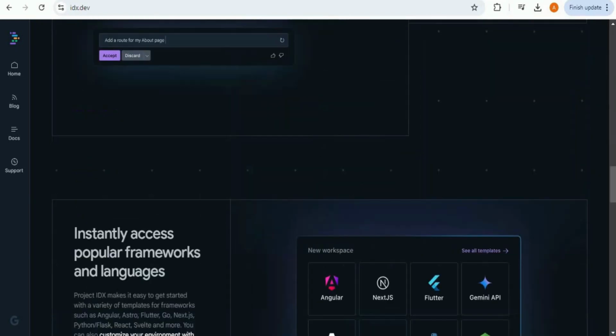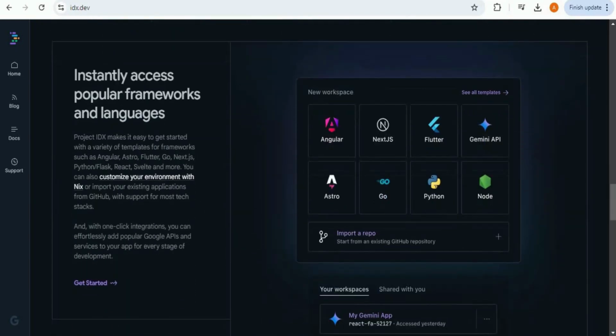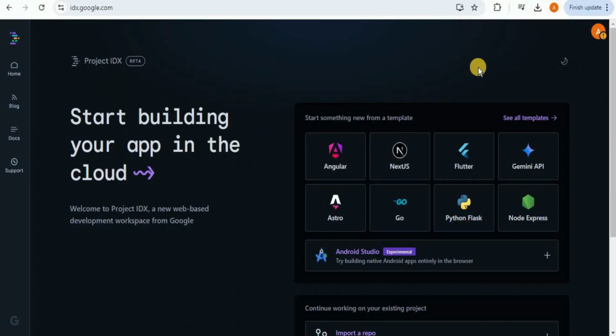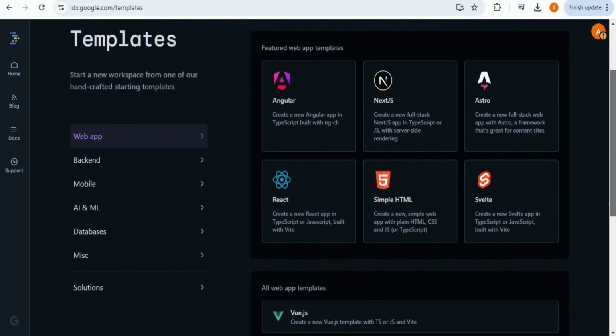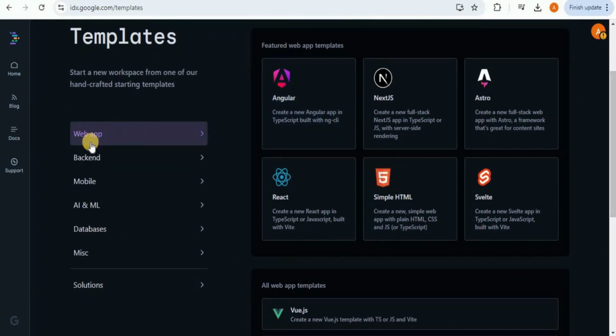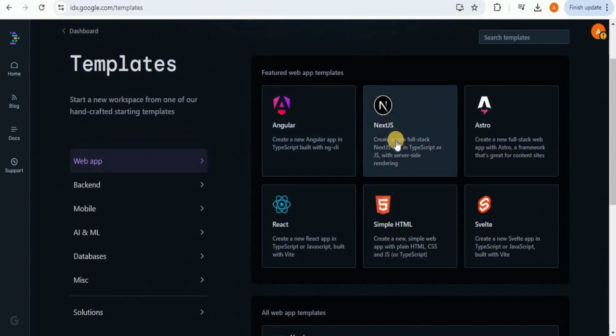In order to get started, you have to move to this page that shows you all the available frameworks, and from here, if I click on see all templates, it is going to provide me all the templates that are available. So we have the template for the web app, for the backend, mobile, AI and machine learning, databases, and some other templates. So I want to create a web app, and out of all of these frameworks, I'm gonna go